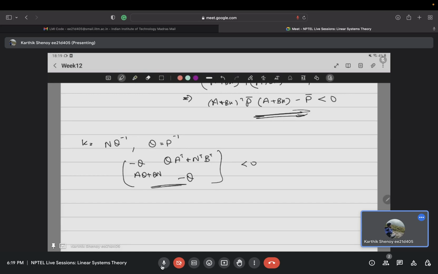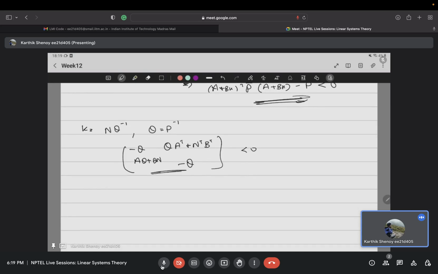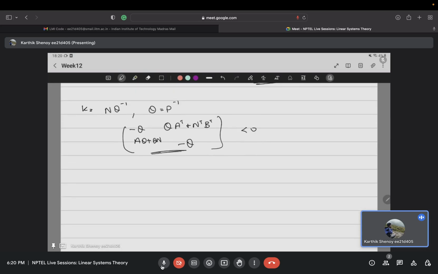So what you use is some solver, usually MATLAB. So you can use solvers based on MATLAB. Those are usually YALMIP, or you can use CVX. So CVX usually has all. So these two solvers can be used for both